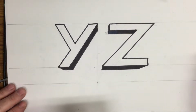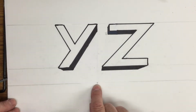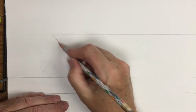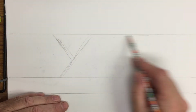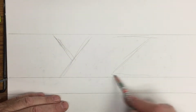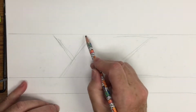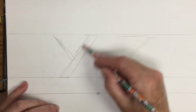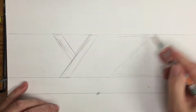Today I'm going to show you the last two letters of the alphabet, Y and Z, in a one-point perspective. Now I'm making the letters Y and Z in one-point perspective. Here's my point right here. So I'm going to block in the letters Y, and this is a simple block letter, and Z,